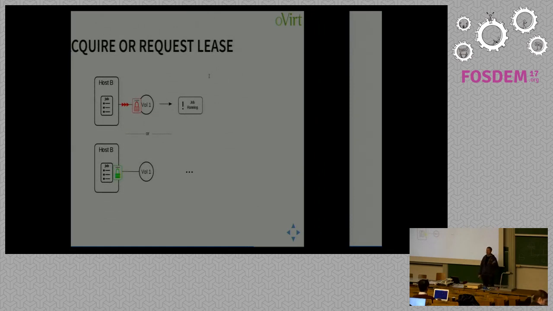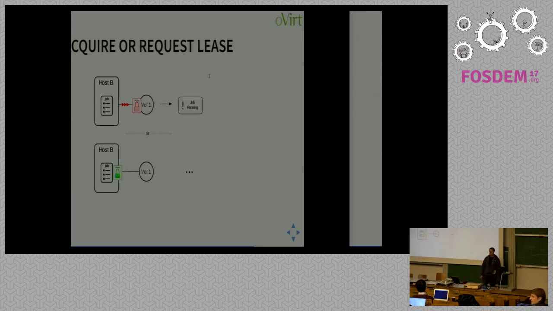And so there's two potential situations we can find ourselves in. In the first case, we fail to acquire the volume lease. It's worth noting here that volume leases are a try-lock semantic. So you're going to try the lease, and if you can't get it, you get an error immediately.